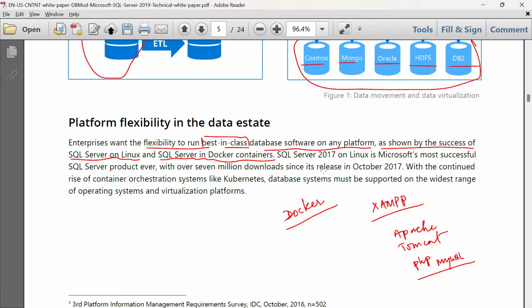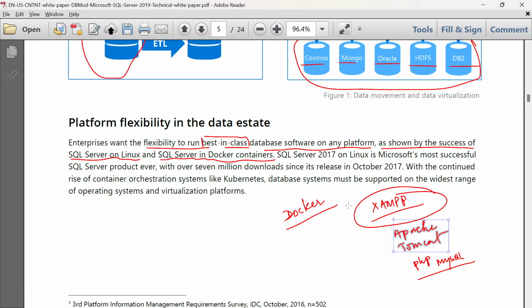If you try to install the Apache server, the Tomcat server, the MySQL and PHP server on a single machine independently, it will cost you a lot. It is going to use a huge amount of resources on your system. But in the form of XAMPP, it is occupying much lesser space as compared to individual installations.